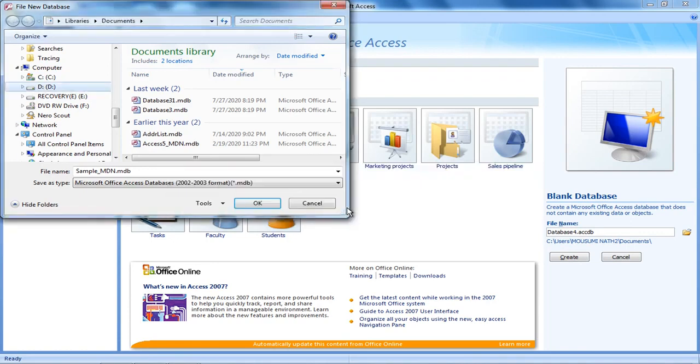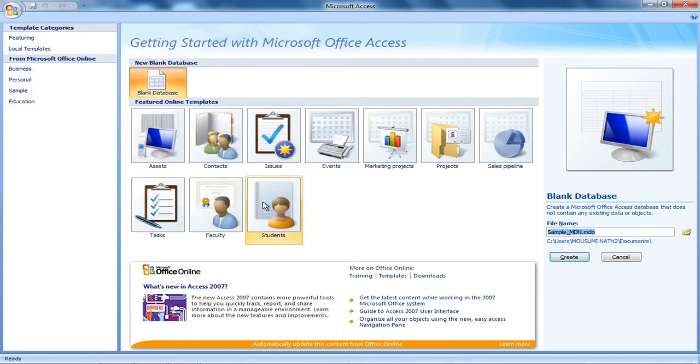Now let me see whether it's allowing me to select this folder or not. It is not. So first I will create from it. It is my computer specifications problem. You can select a drive. I will prefer that you should not do any creation in your C drive. You will do it in either D, E, whatever other available drives are there. Now I click OK. Right now I have only given a name. I have not created any file as such. I have just given a file name sample_mdn, and this is the path where my folder is, or where my Access file will be.